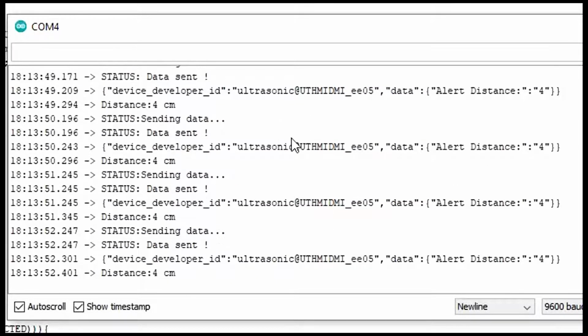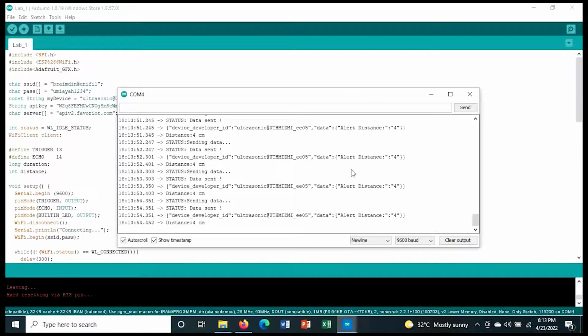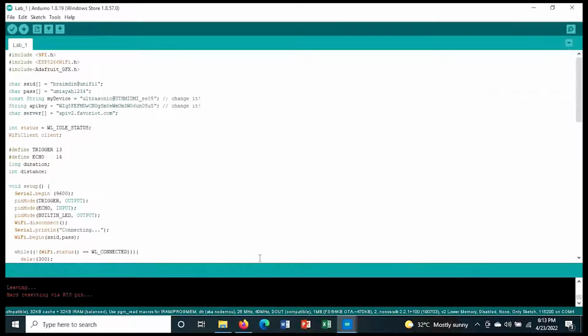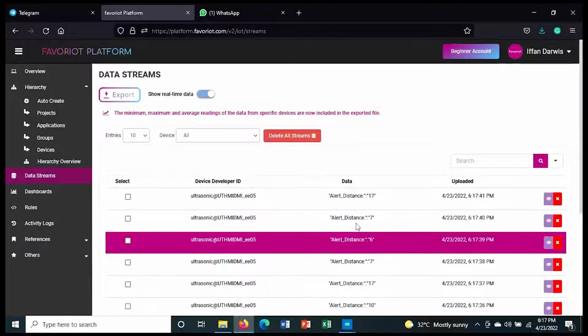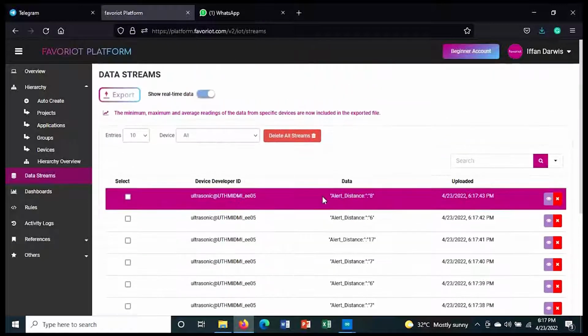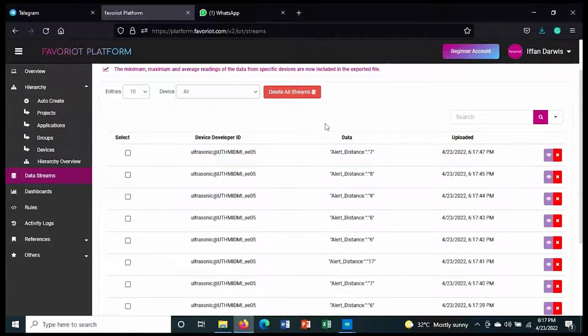And now let's take a look at the data in FAVORIOT. Let's take a look at our FAVORIOT platform, whether the data is received or not. Let's go to the data streams. So yeah, the data is received in FAVORIOT,